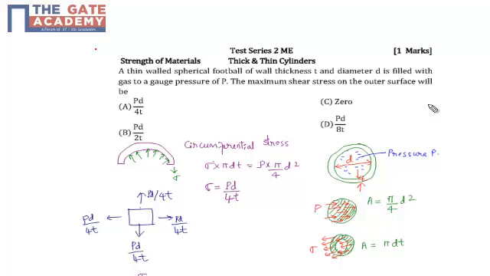Hello students, question number 16 is from test series 2, subject strength of materials and chapter thick and thin cylinders, and it is of 1 mark. The question says that a thin walled spherical football of wall thickness T and diameter D is filled with gas to a gauge pressure of P. The maximum shear stress on the outer surface will be